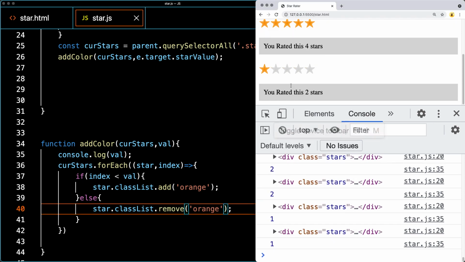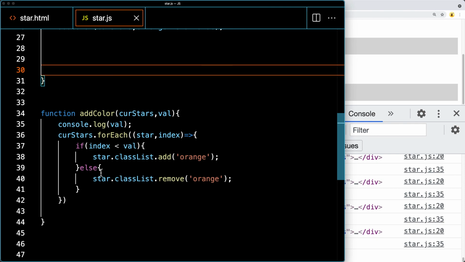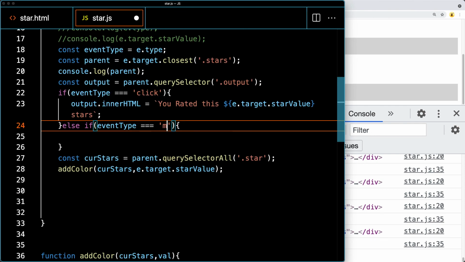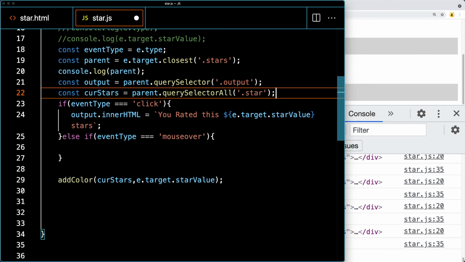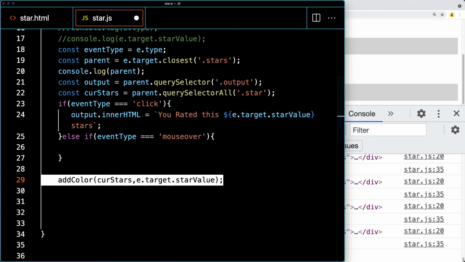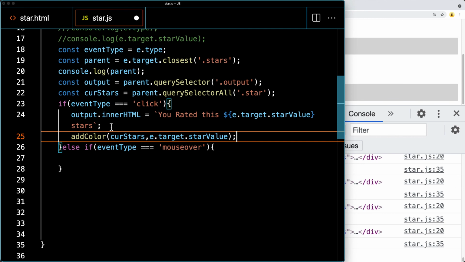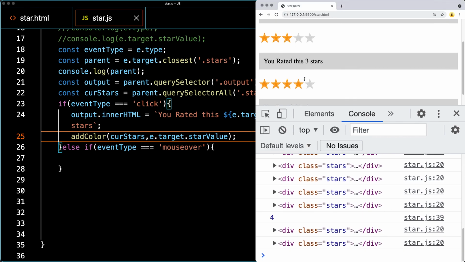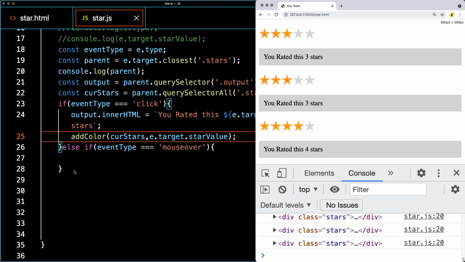So if we're hovering over, we only want the class of orange to stay. We don't want it as we're hovering over. So I want to apply some different styling of yellow if we're just hovering over it. So if we're mouse over, and I'll move up the selection of all of the current stars, and we only want to add the color if we've got a click. So that will add the orange color if we have a click. And if we want to have that hovering effect where it's changing,